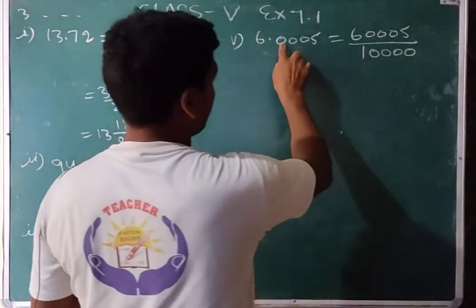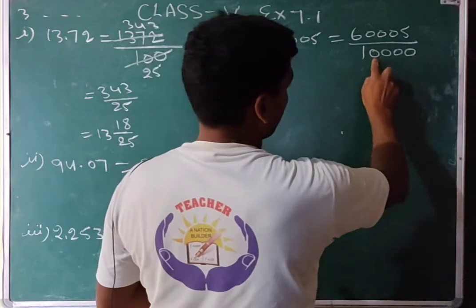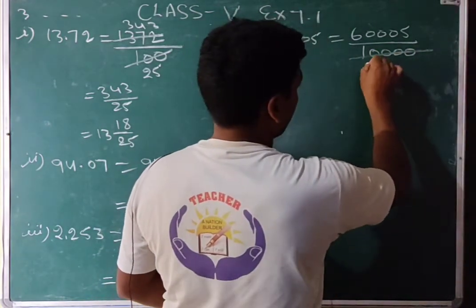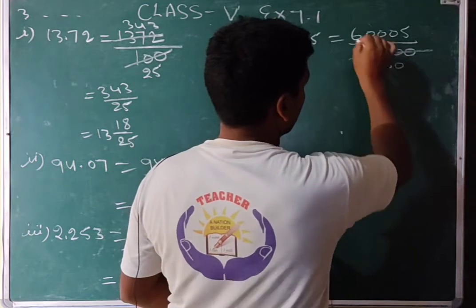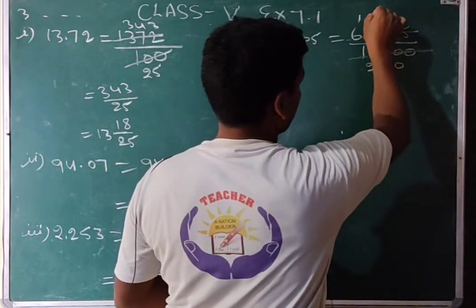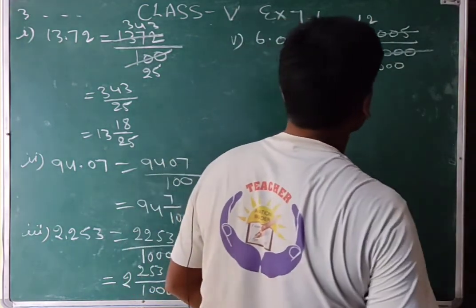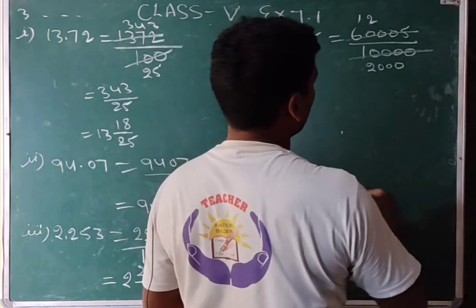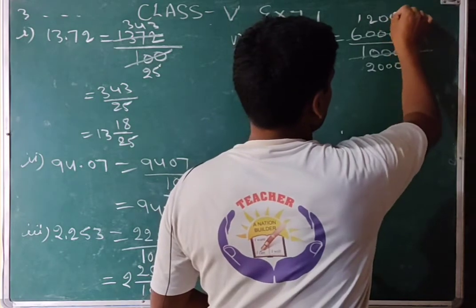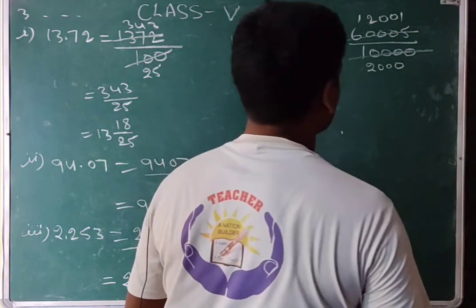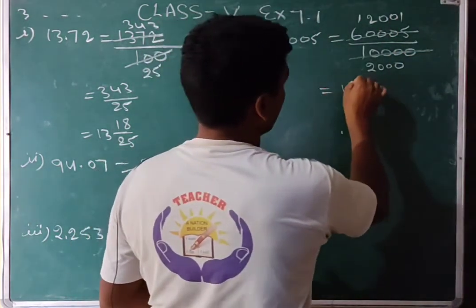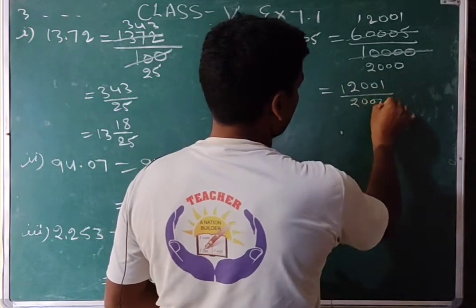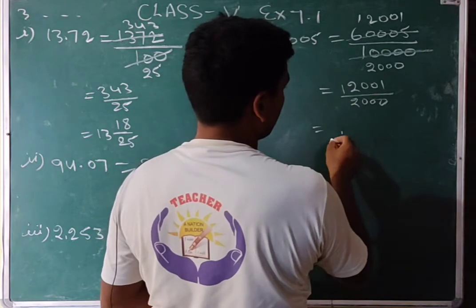After the decimal 1 2 3 4 digits are there, so 4 zeros are there. This cancels by 5. 5 2s are 10, 5 1s are 5, and so on. So that will become 12001 upon 2000. You will write in mixed fraction, that will become